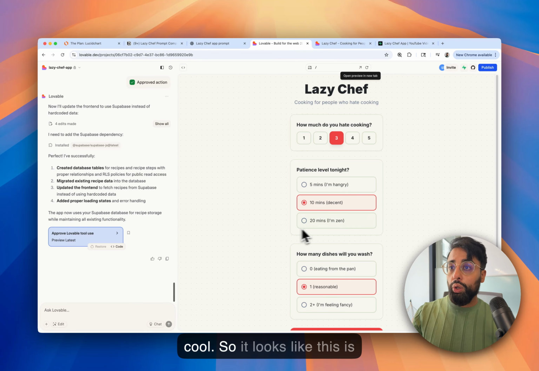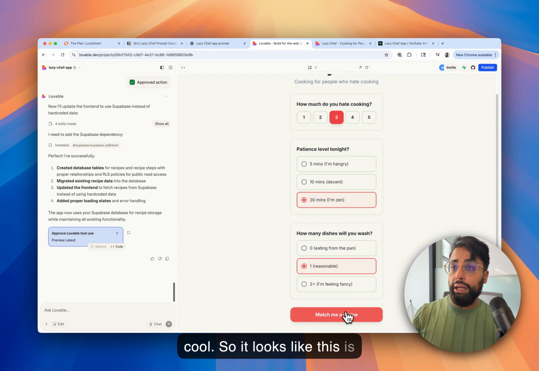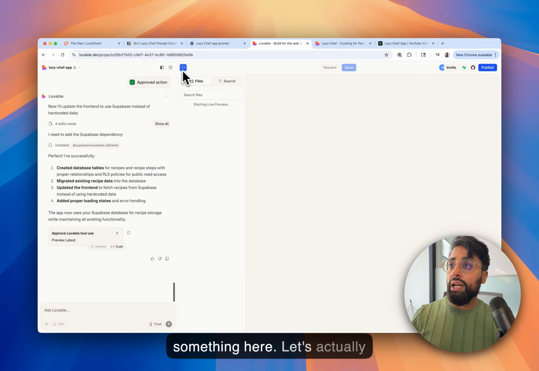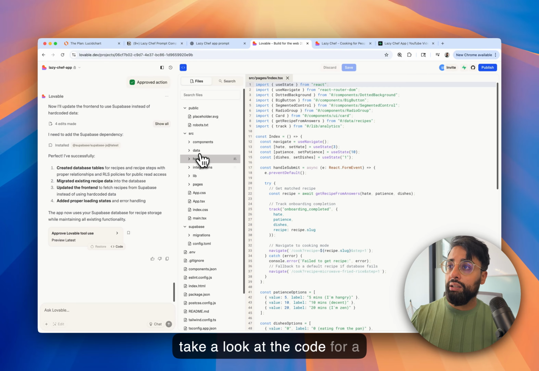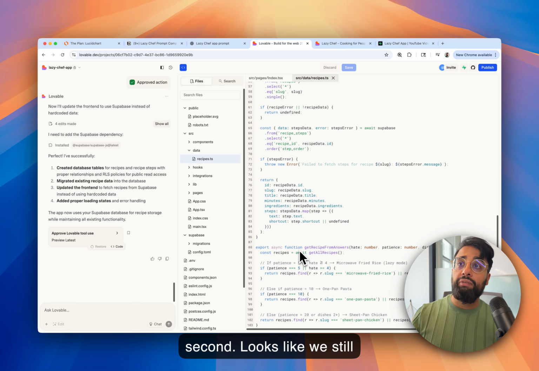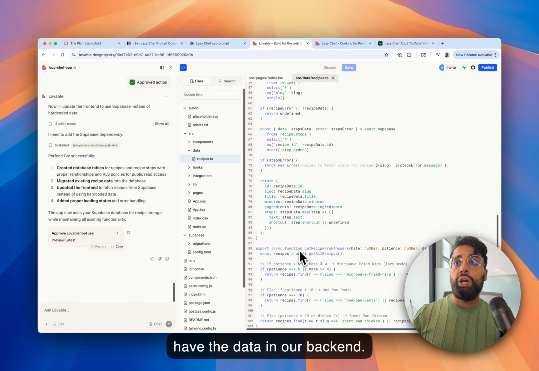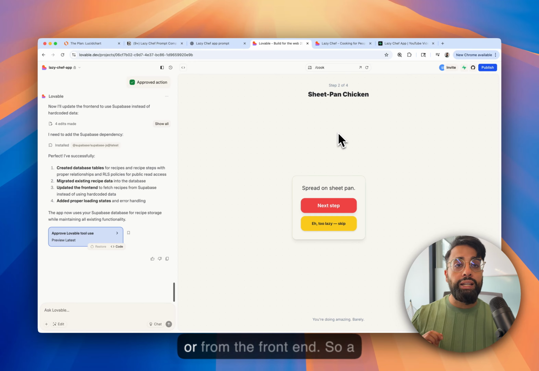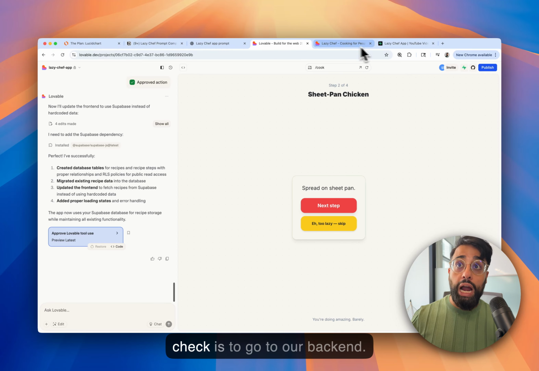Okay, cool. So it looks like this is working. Looks like we have something here. Let's actually take a look at the code for a second. Looks like we still have the data in our backend. So I'm not sure whether we're getting this from the backend or from the front end. So a quick and easy way to check is to